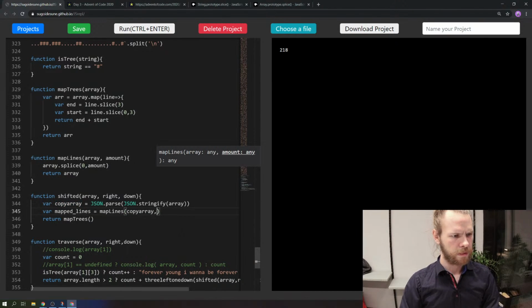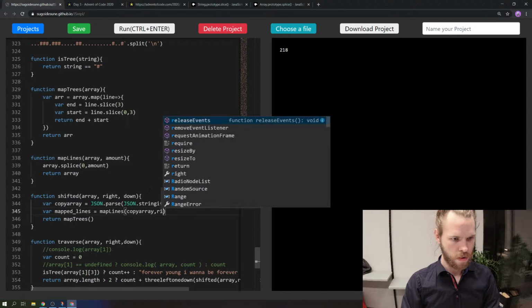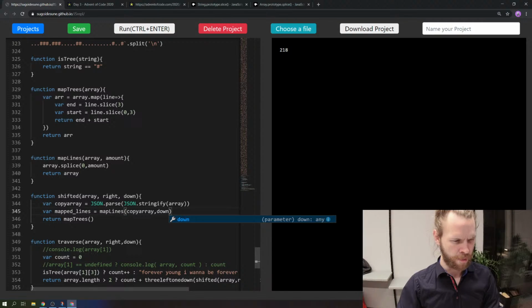For the lines, we need down. Need the down parameter. Then for the trees,